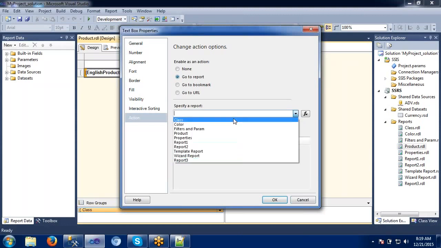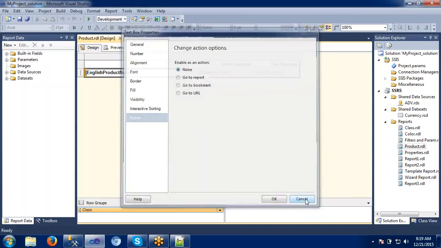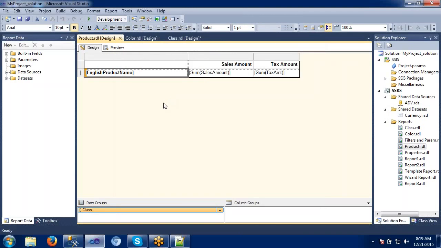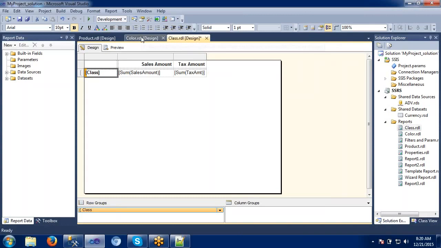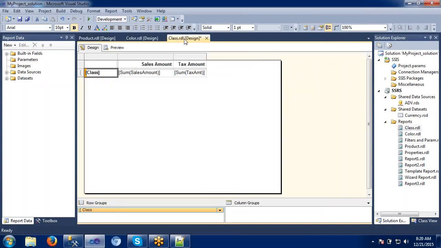But as of now, just to understand what a go to report, drill through report is, I have taken some sample three reports here: class report, color report, and product report. When I click on the class, automatically it has to take me to the color. When I click on the color, it has to take me to the product. But all at a time on the single report.